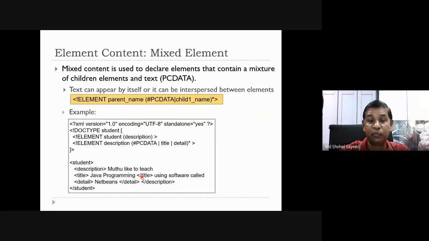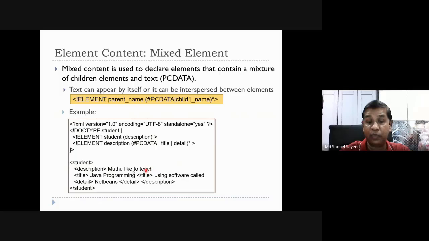Title, Java programming, title finish. Using, again start here, using software called, then we put the details, NetBeans, details finish, description, and at the end, the student finish. So look here, start student, then we put the description. There is no ending for description immediately here.